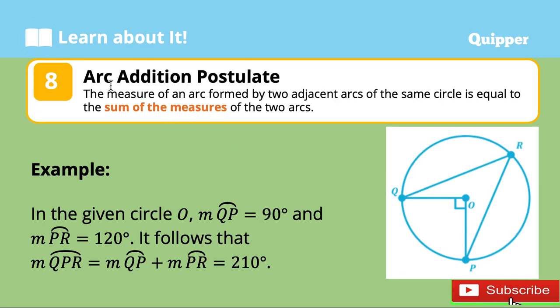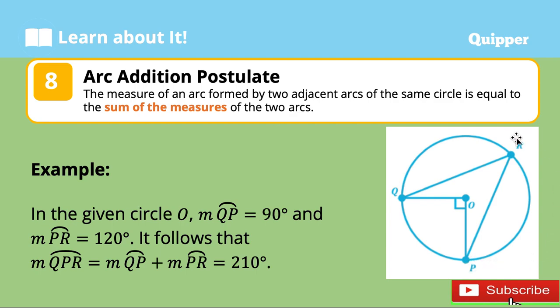Number 8, arc addition postulate. This postulate states that the measure of an arc formed by two adjacent arcs of the same circle is equal to the sum of the measures of the two arcs. For example, in the given circle O, measure of arc QP is equal to 90 degrees and measure of arc PR is equal to 120 degrees. These two arcs, QP and PR, are the two adjacent arcs. The sum of these two arcs is equal to